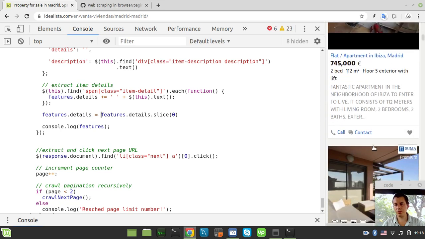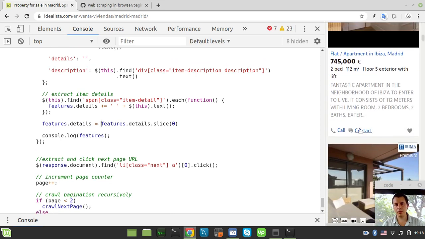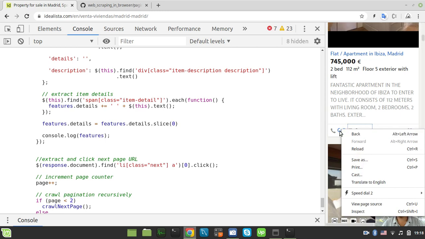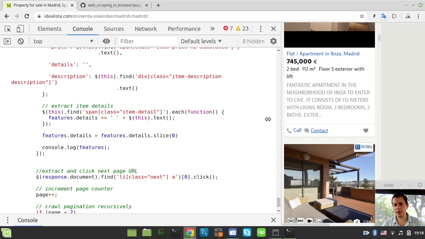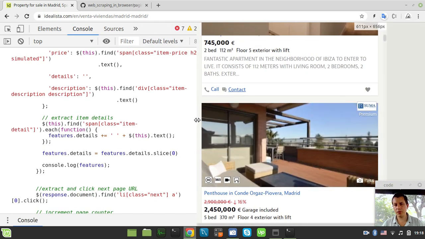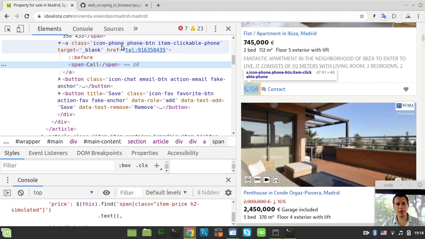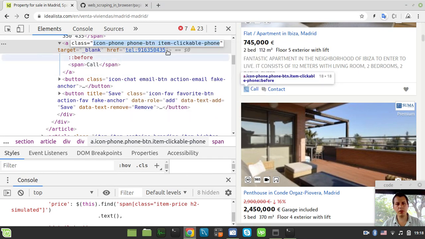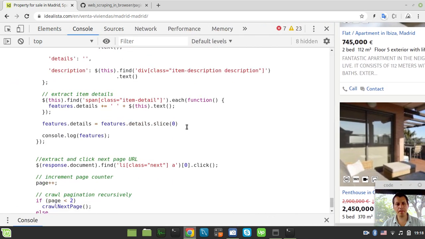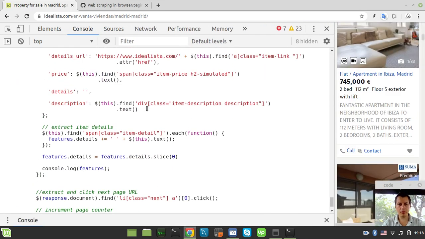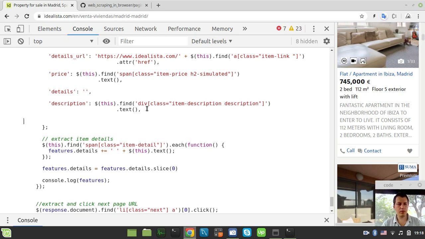And just to extract something else at the same time, let me have a look at the context. I swear I saw some sort of a phone number, or did I? Expect call. Okay, this one, a class. So let's just try to extract the phone here. Phone, and